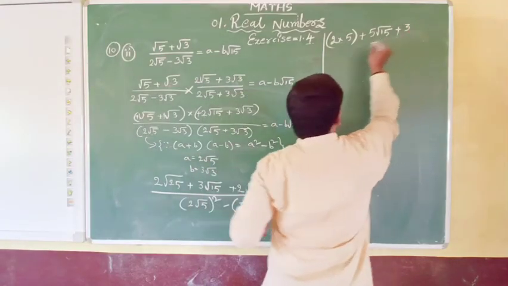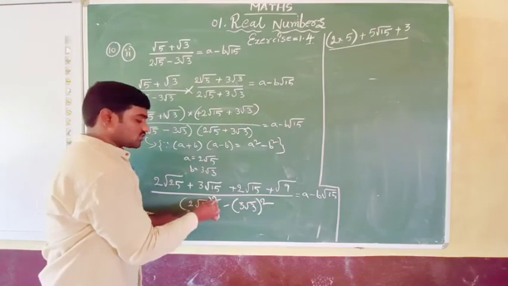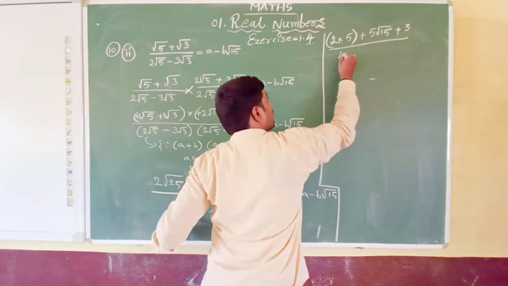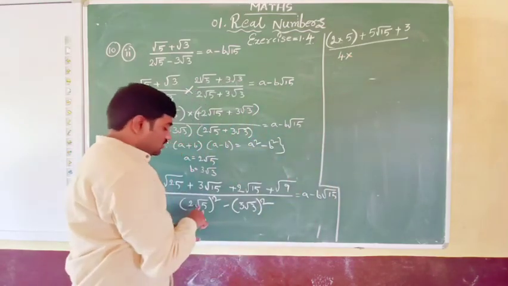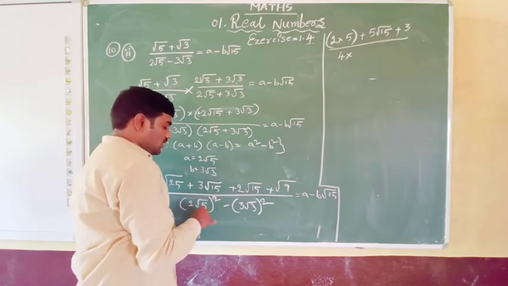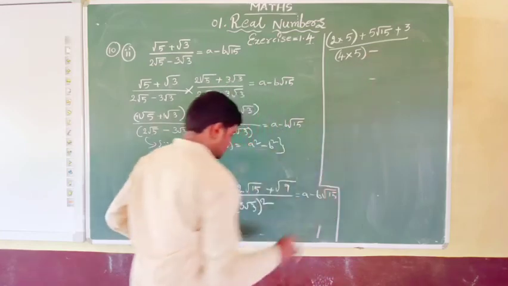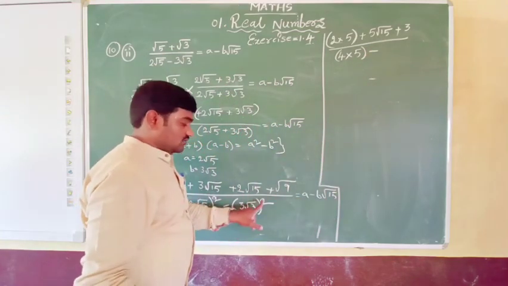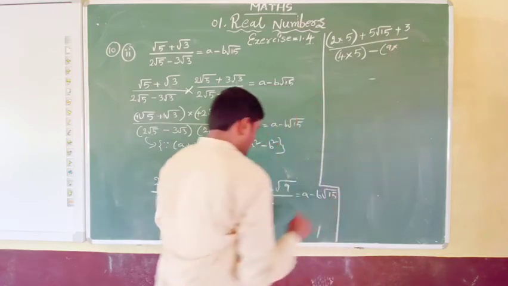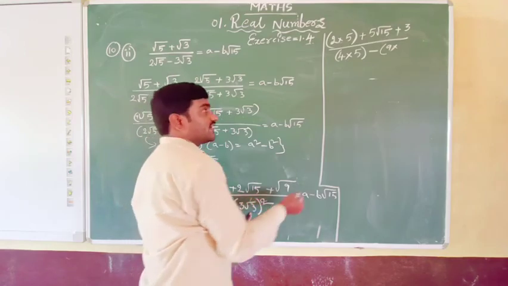So we will write it as 3. Here we have to be very careful. This is a square for both the numbers here. So 2 square value is 4 into the square root of 5 whole square. Square and square root will get cancelled, no? Hence you get only 5 minus 3 square is 9 into, for this only square root of 3 whole square, this square and square root get cancelled, we get 3.